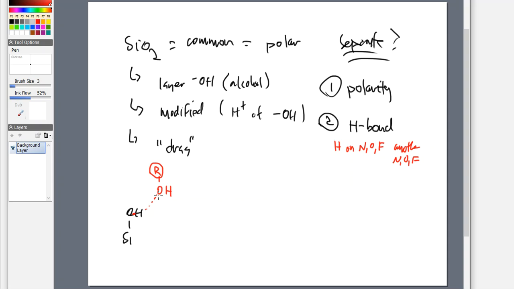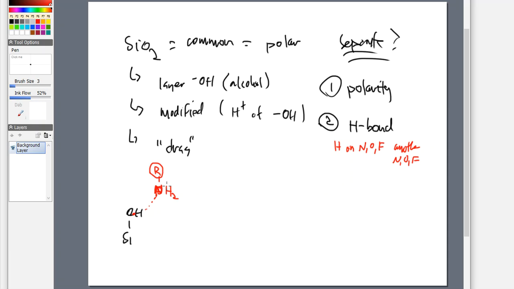So that hydrogen is attached to an N, O, or F, and that hydrogen is attracted to another N, O, or F that's on another molecule. Whether that was OH, or maybe an NH2 group, or maybe just a fluorine that was hanging off, it doesn't matter, but that is the definition of a hydrogen bond. So the second thing that we've got to do is kind of go in and say,